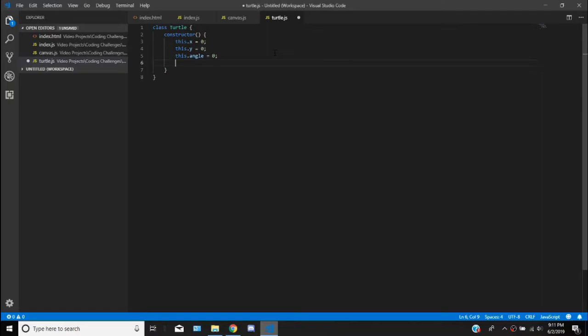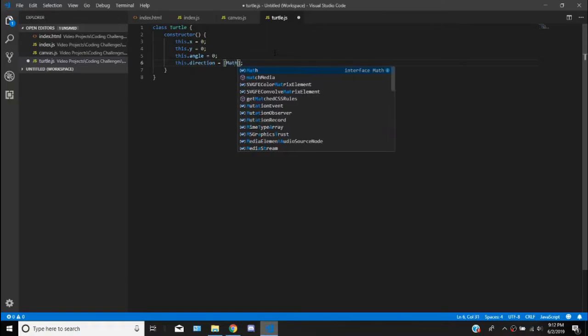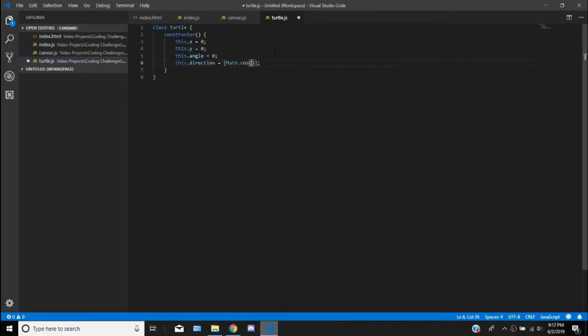So I'm just going to say this.x and this.y. And now we need a direction, which is going to be an array, because it's sort of a vector, but we don't have a vector class in here unless I make one, which I'm not. So this.direction is equal to, the x element is going to be Math.cos of this.angle,